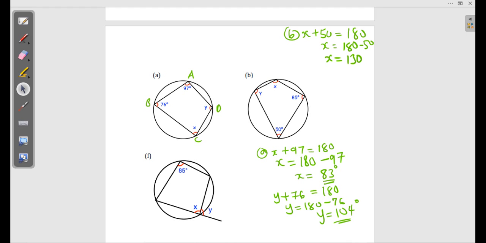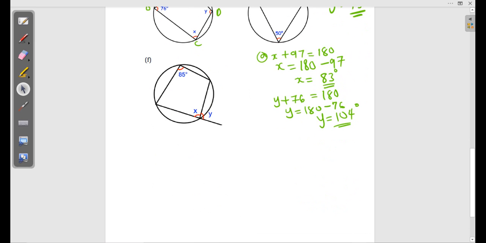While y is opposite 85, which means y plus 85 is also equals to 180. Y is 180 minus 85, and y is equals to 95. Right. And the third one,